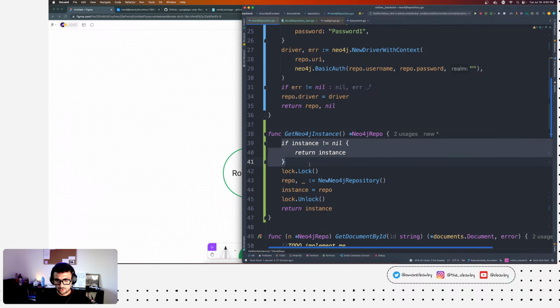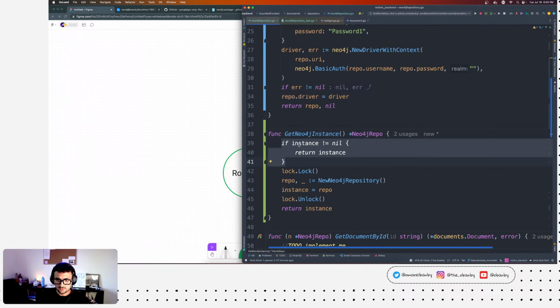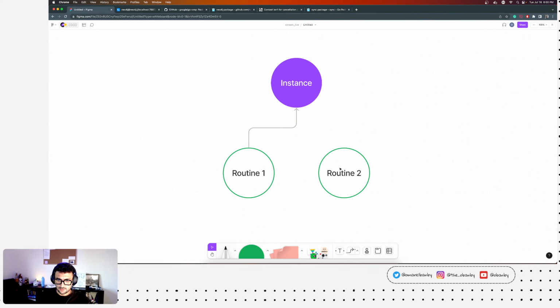Right. So if this here requests an instance first, then this will be null and it will go through this piece of code, right?